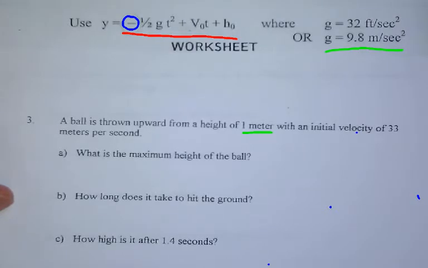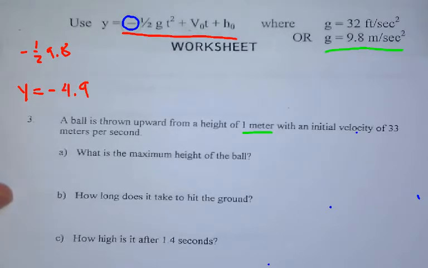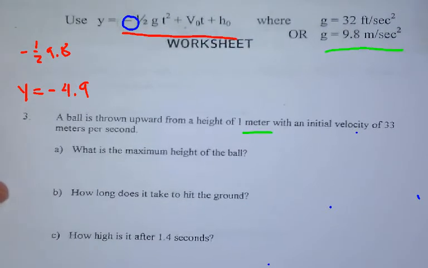So half of gravity, well, gravity is 9.8, so negative half of 9.8 is 4.9. So y equals negative 4.9 t squared. We'll just leave it x, I have to type it x anyway. Plus